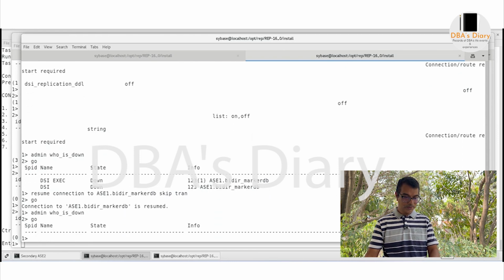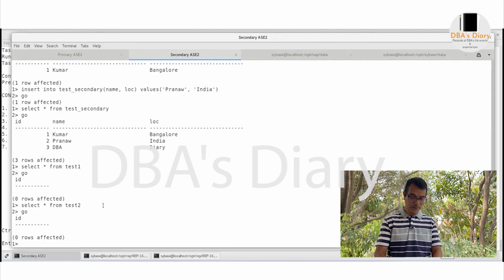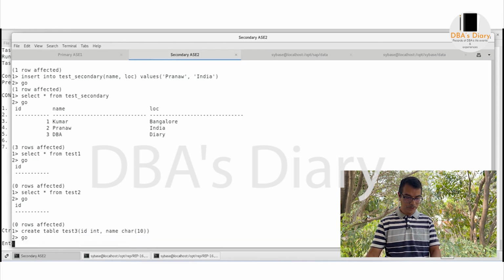Now let's go ahead and create a table on the secondary server. Okay, so it creates problems both ways. Test3 ID int, name varchar of 10. Okay, that table will go to primary. Select star from